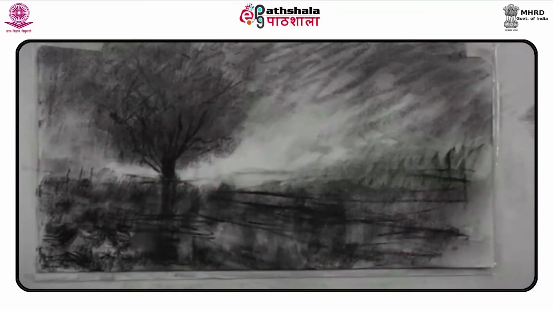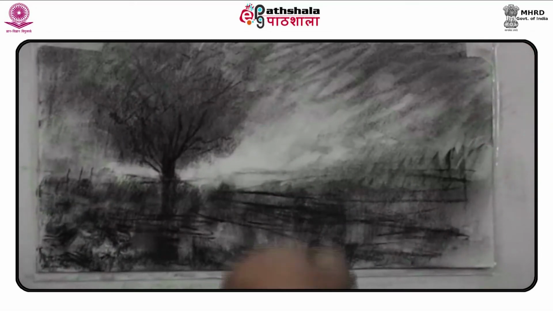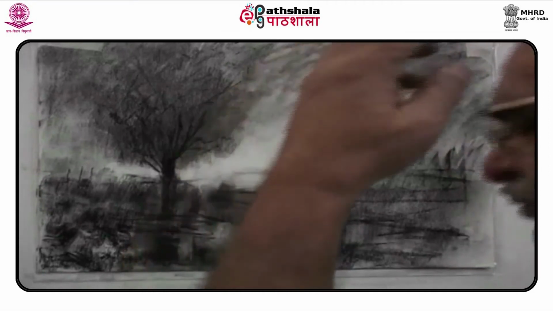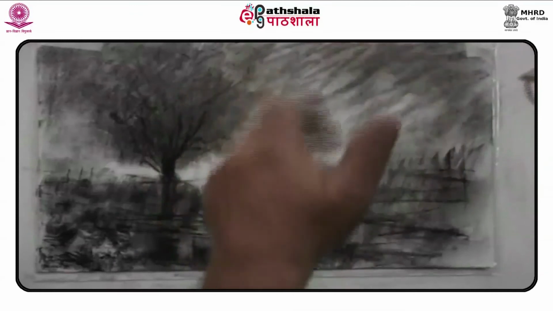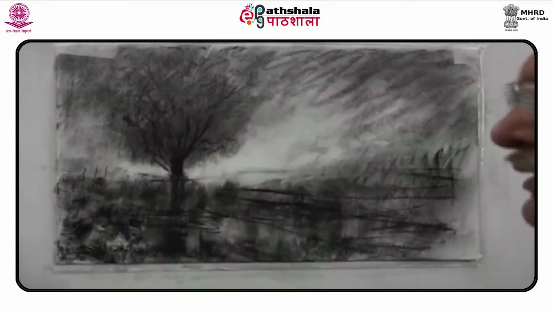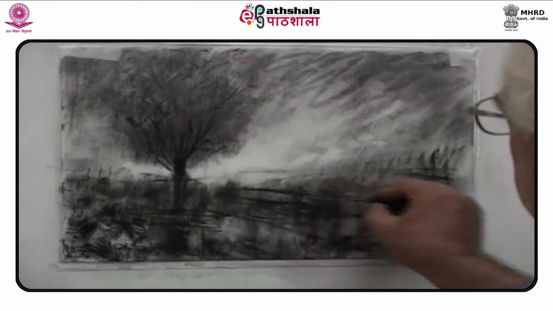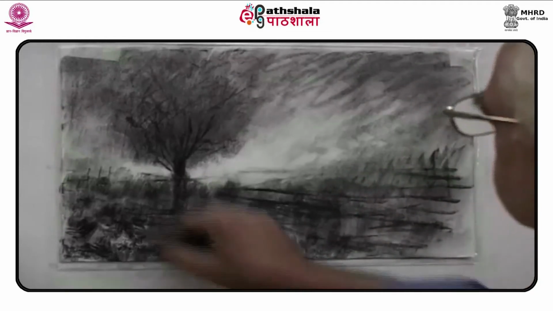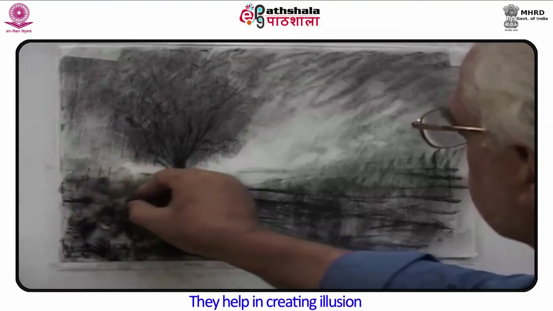It is opaque as well as transparent. One has to practice a lot to learn the vocabulary of the lines and judge how a line can add to give a shape to a thing which has never been there before. The lines speak for themselves. They have their own language, whether placed closely or apart. They help in creating illusion.